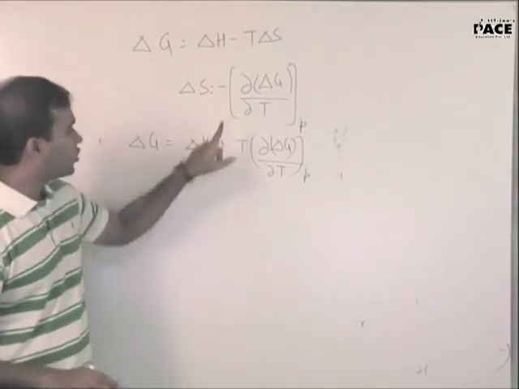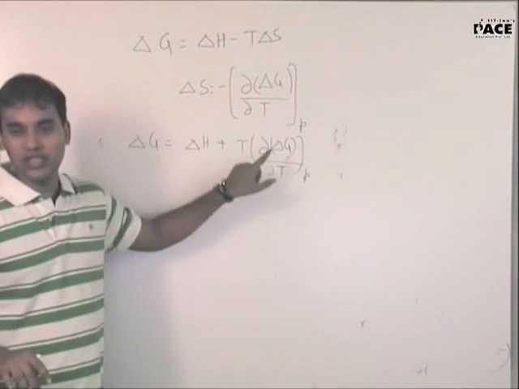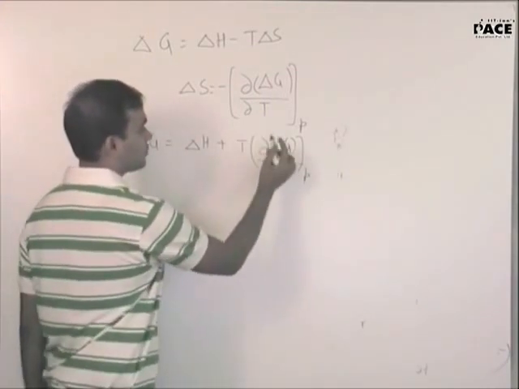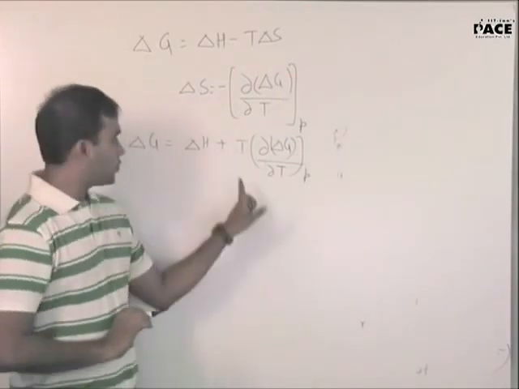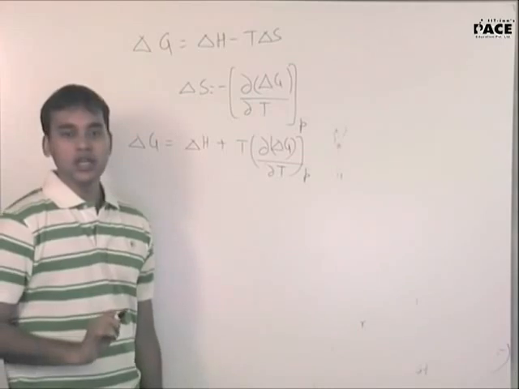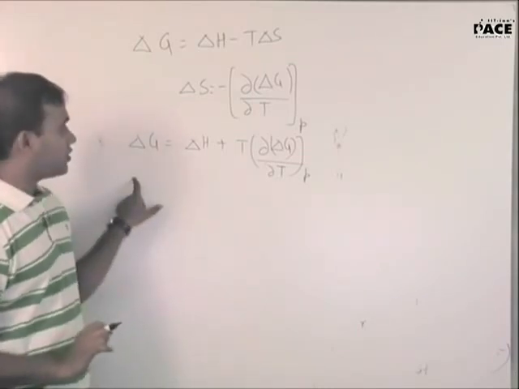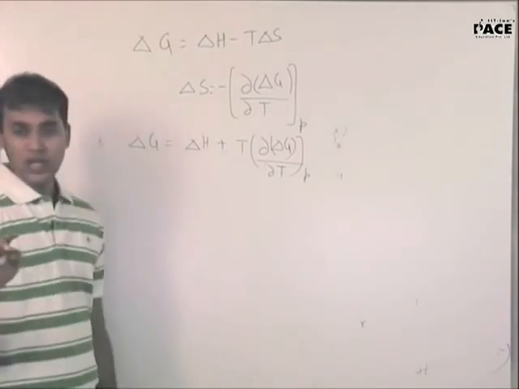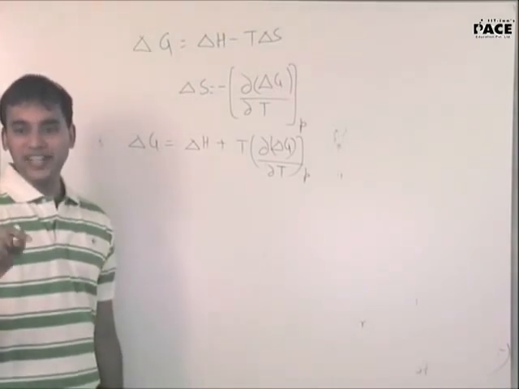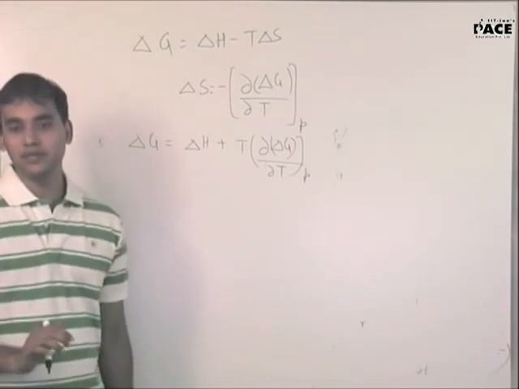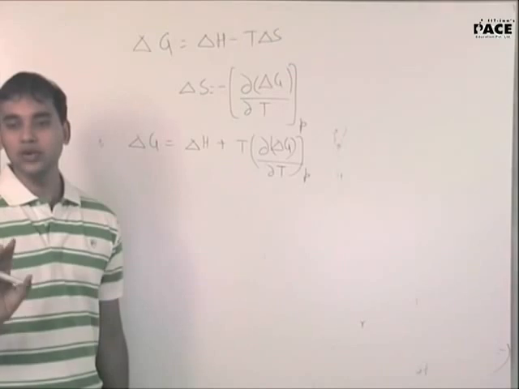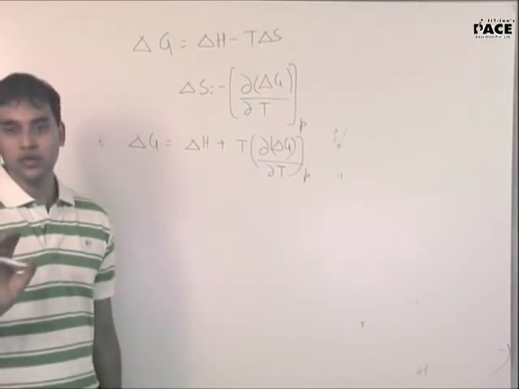Effectively, mostly we write it as d only. So you must have written d of delta G by d of T. You can also write it as the same thing. Now what I want to do is get a relation for the rate of change of E with respect to temperature, the temperature coefficient of E. So how will I get it?